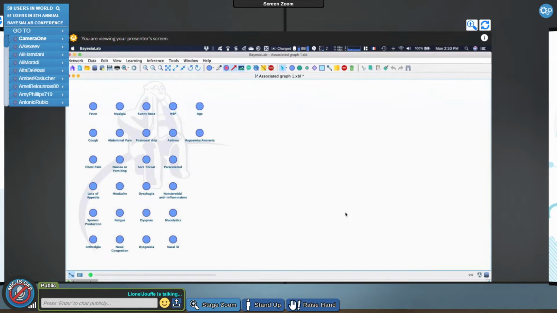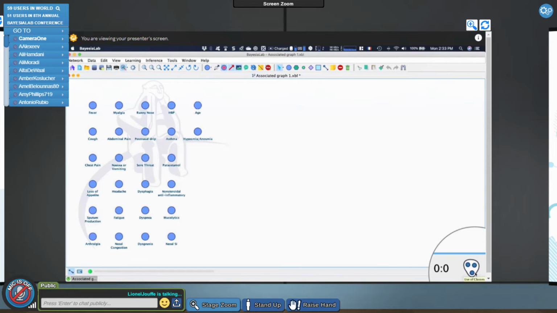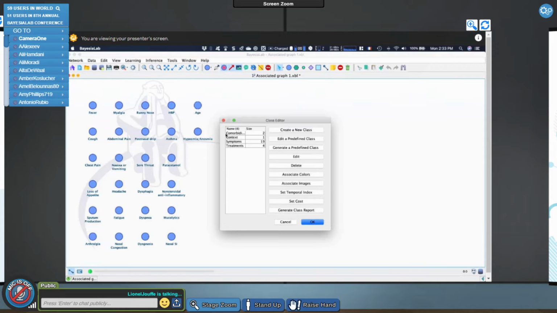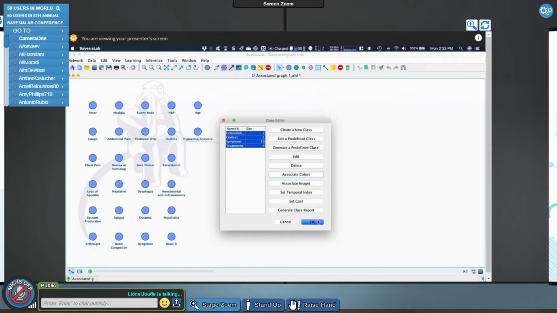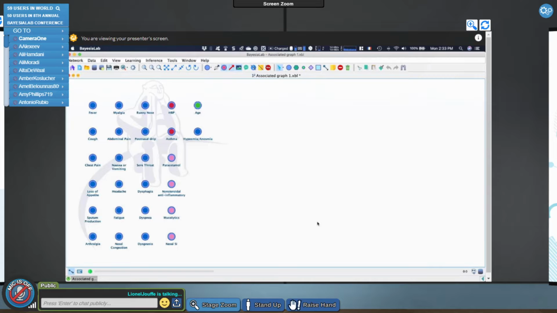Given that I have these classes now, I have one of my favorite icons, what I call the screamer, right? If I click on it, I can see that I have 4 classes that I can select, and then I can automatically associate the color with these classes, right? I guess you are familiar with these features. Then I can also make a right click on the screamer here.